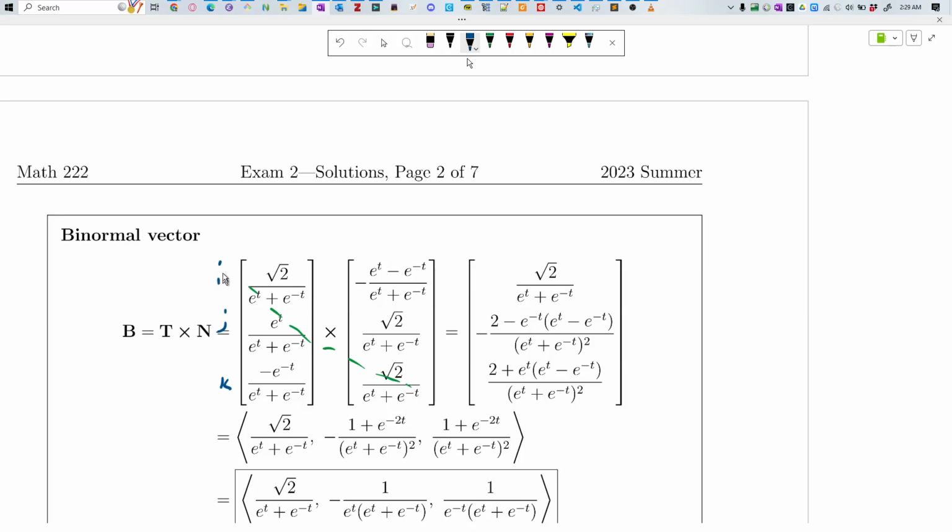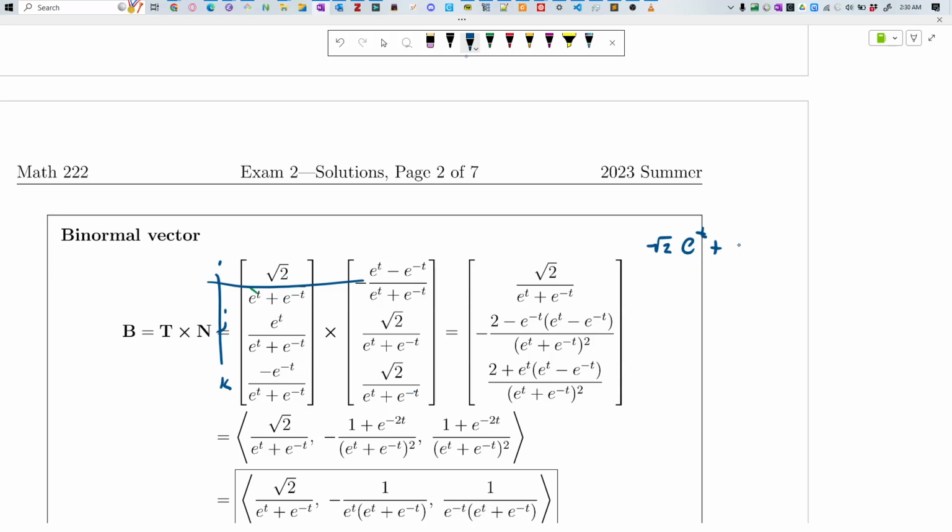So if we try to calculate the x component, we would cancel these two guys, and we'd have this submatrix. Let me get rid of the diagonal part. We would have this submatrix. You'd multiply these two, and then subtract off the anti-diagonal. And if you do that, let's see. This times this is, I think there's some simplification here that happens. Root 2 e to the t